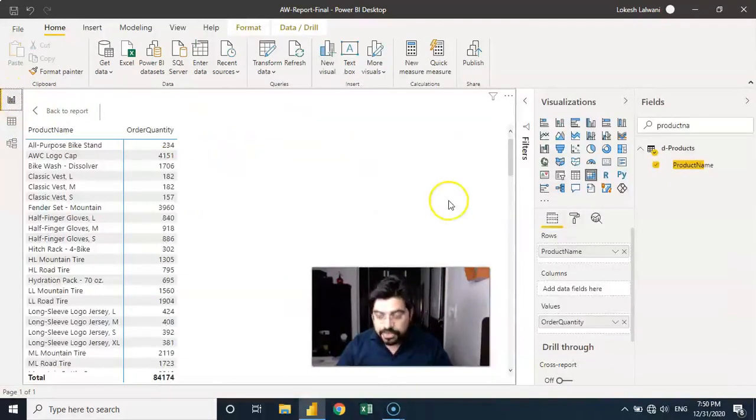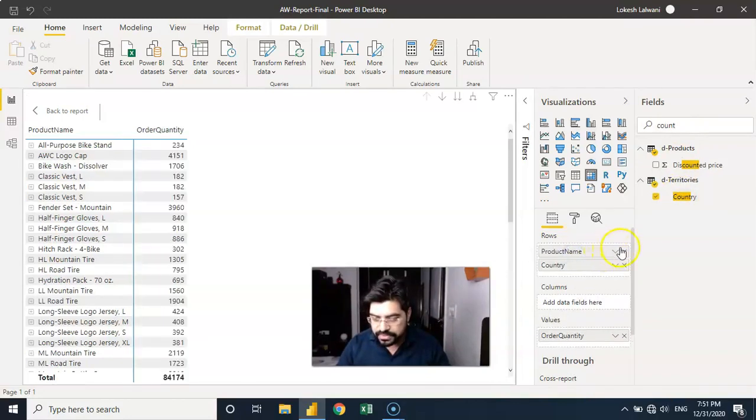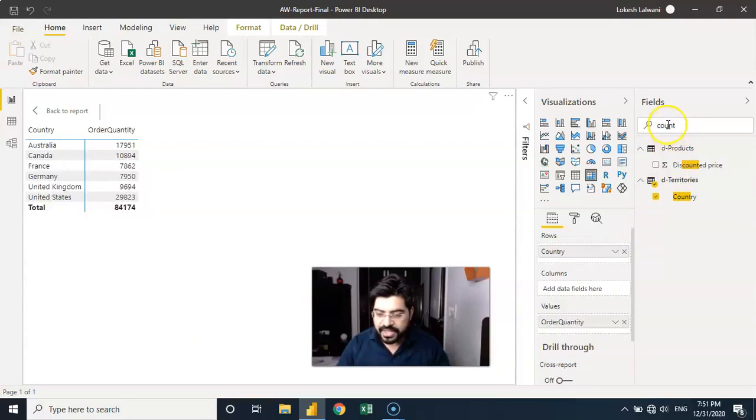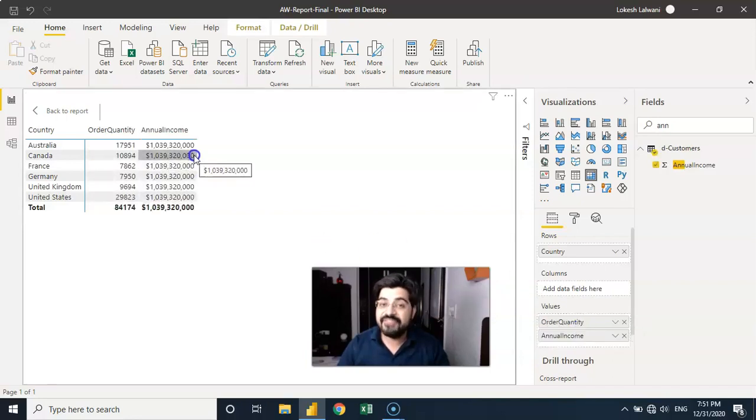Based on that, I want to show you, suppose I come over here and search for country. I'll simply drop the country into the rows. Let me just remove the product name, and because territory and sales are connected, that is why I'm getting the correct order quantity. But the moment I drop something else along with this, you will notice it won't give us the correct result. Suppose I put annual income in the values. It is supposed to break it down based on the country, right? But the moment I drop it over here, you will notice I'm getting the same value throughout, which is actually the total income,